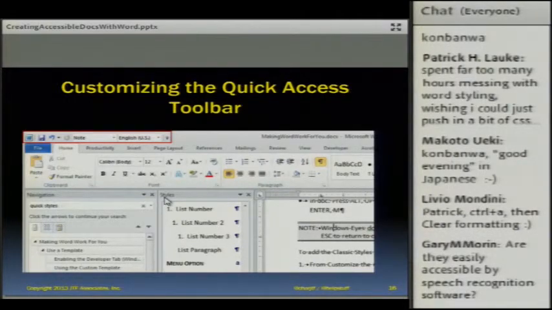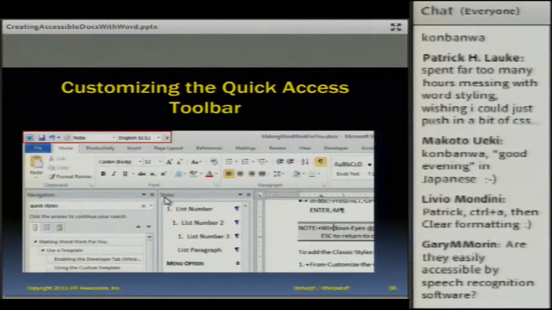Now, in addition, there's also a quick access toolbar. It's in the upper left. And again, this is accessible by keystroke. By default, this quick access toolbar only contains 3 options to begin with: save, undo, and redo. But because I like using styles, I actually add the classic style gallery up here. And I do this because if you see here in the document itself where my cursor is located, it's located in a note. I can just look here and see that it's in a note